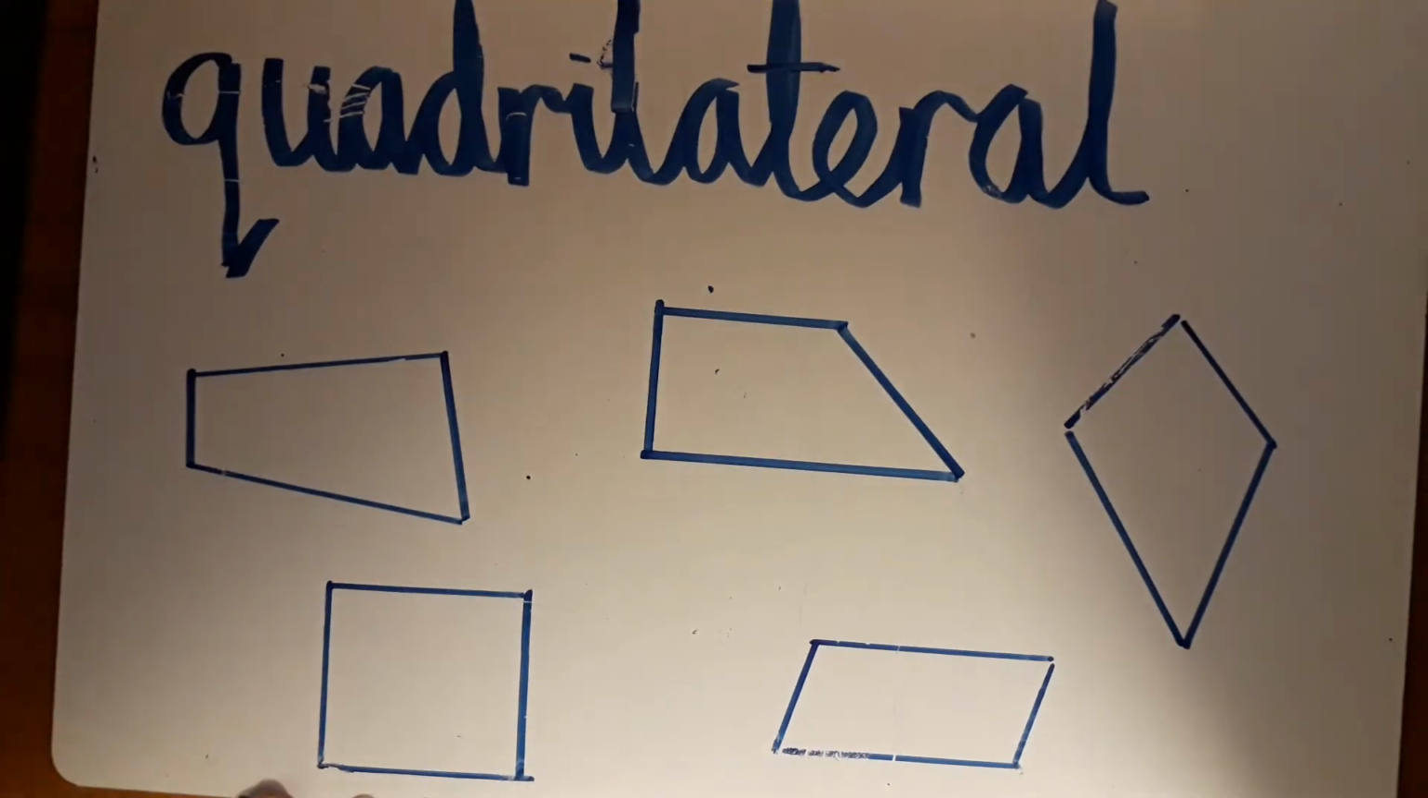Okay, so these are my random 5 quadrilaterals that I have drawn. There are lots of others that could appear here, but as long as it's got 4 sides and it's made by straight lines, it is a quadrilateral. All right,